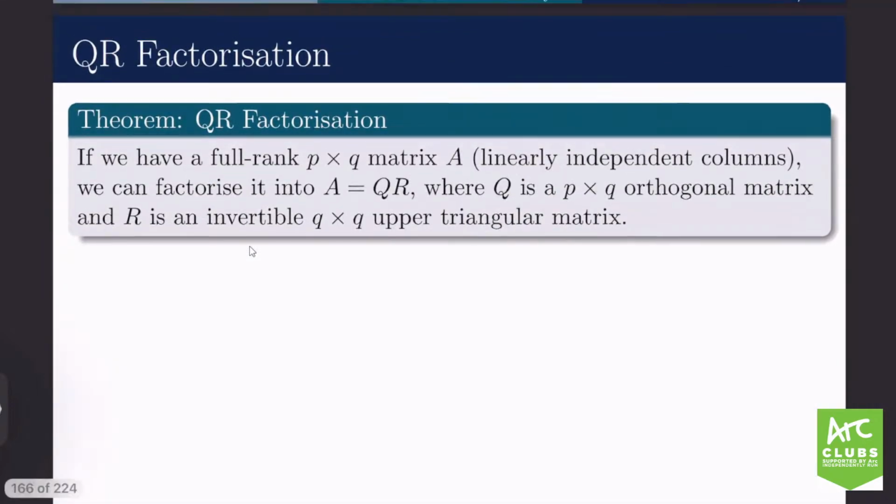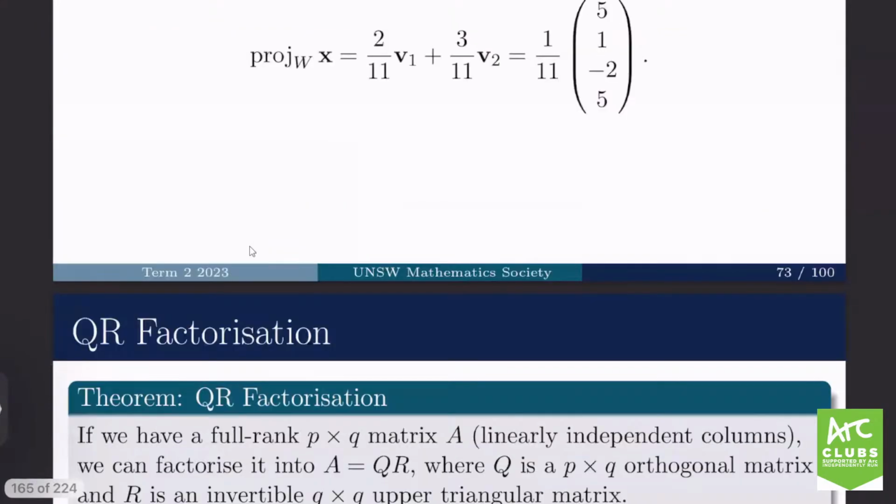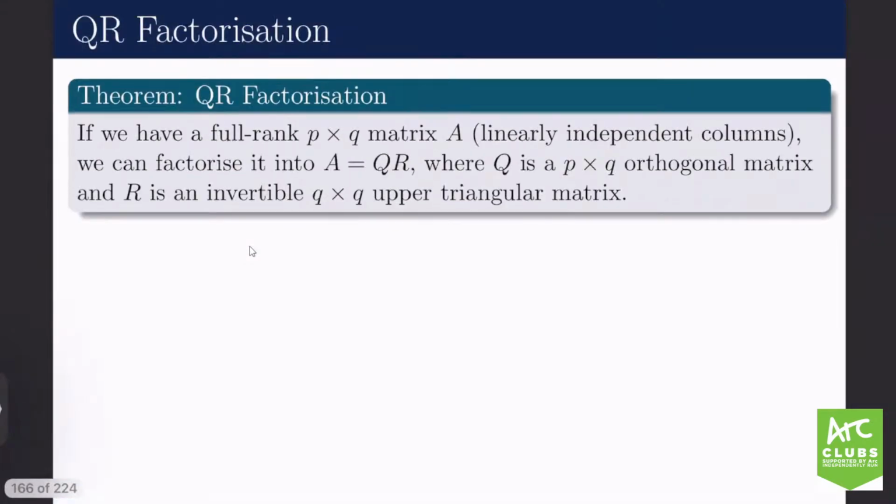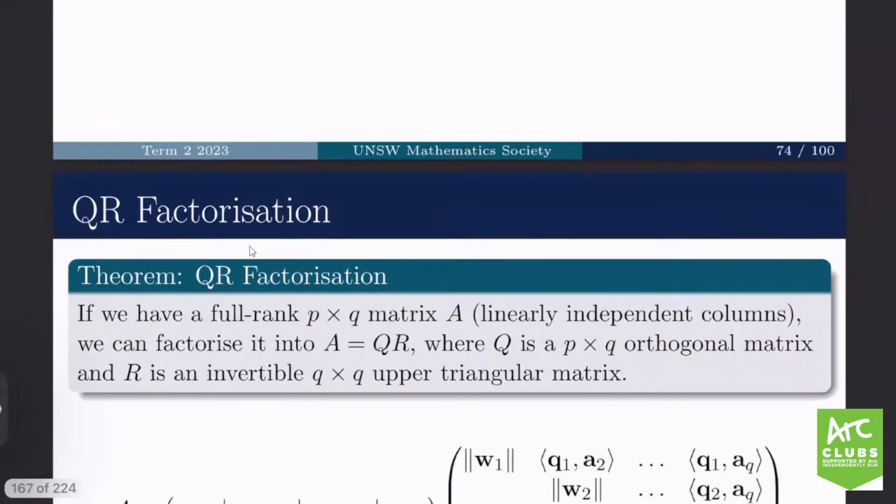So a useful consequence is QR factorization. A QR factorization is given, if we're given some full rank p by q matrix A, okay, then we can factorize it into Q times R, where Q is a p by q orthogonal matrix, and R is an invertible q by q upper triangular matrix. So this factorization looks like this,